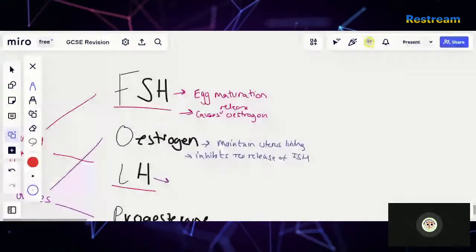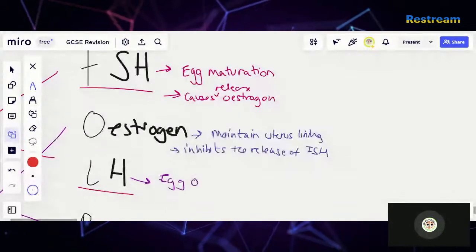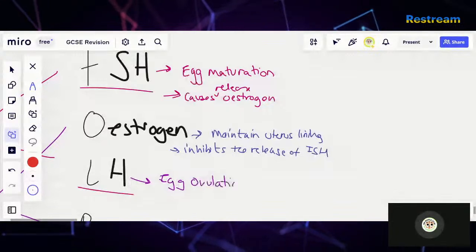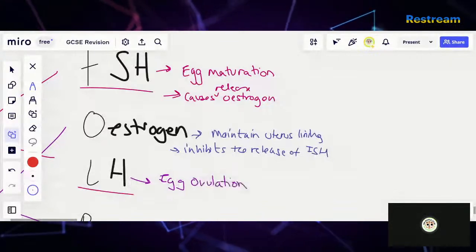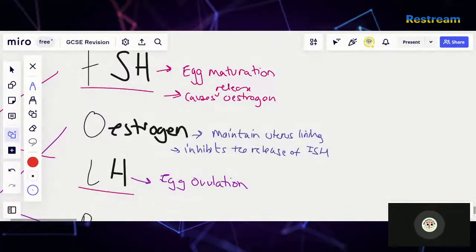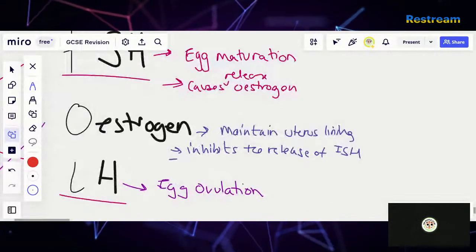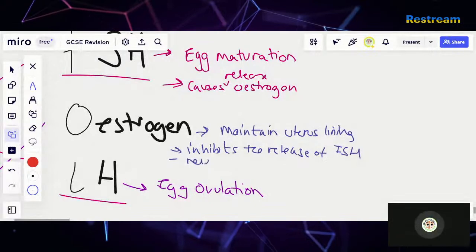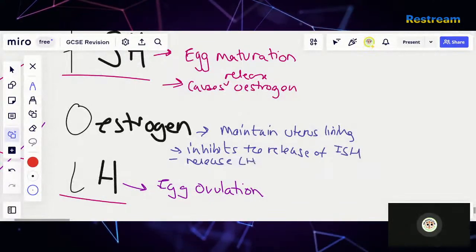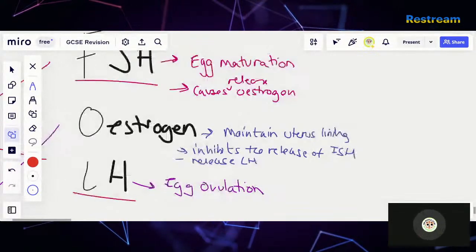Now LH's responsibility is the eggs get released into the ovaries, and it is stimulated by the estrogen. So another function of estrogen is to inhibit FSH and release LH. So LH is all about egg ovulation,